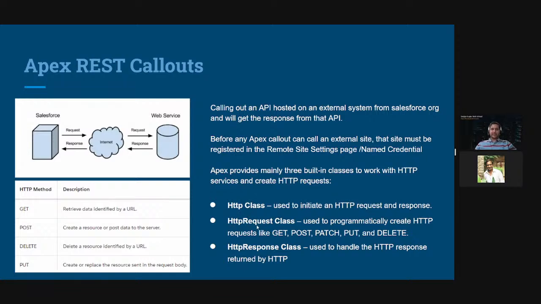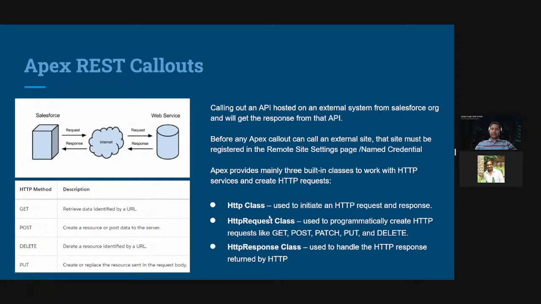In this request class, we set the endpoint. Like we discussed in the past, whenever we have to perform any integration, we have to set the endpoint and let the system know what kind of request we are sending, whether we are sending a GET request, POST request, PATCH request, PUT request, or DELETE request. We have to specify the request details here as well.